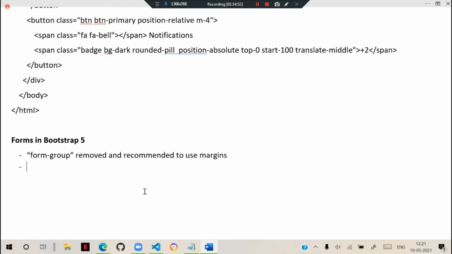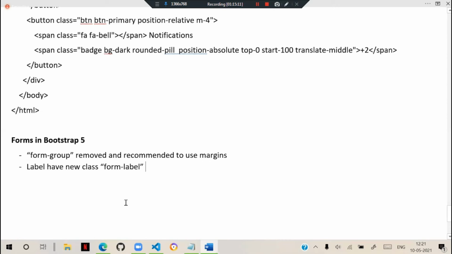And for labels there is a new option: a new class, form-label. Form-label is the new class for the labels. So that is one option.